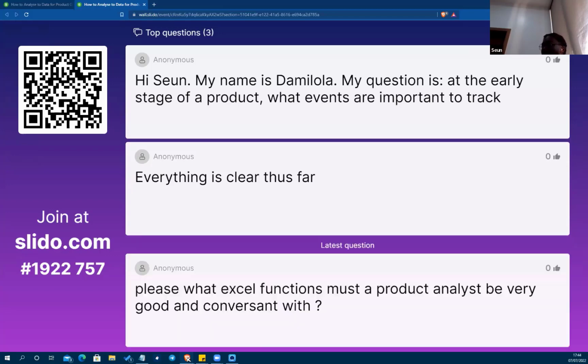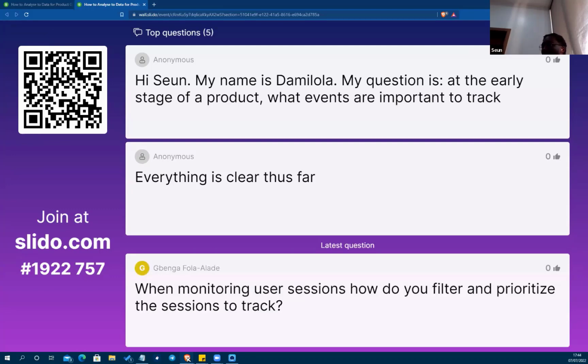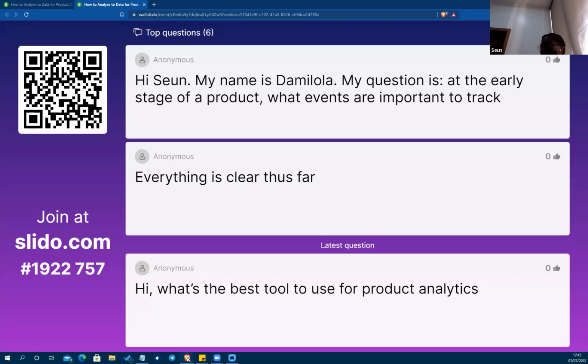Look at the design and think, what user actions would give value to my product? Like if this user clicks on this button, what does it mean for the product? What does it mean for the business? If it's a button that says sign up, for example, you want to track that action and say user signed up. If it's registration, you also want to track that event, user registered. If they have to agree to something before they use your app,